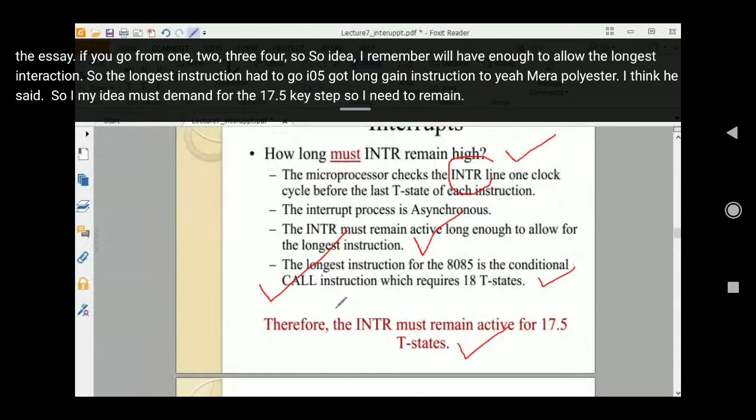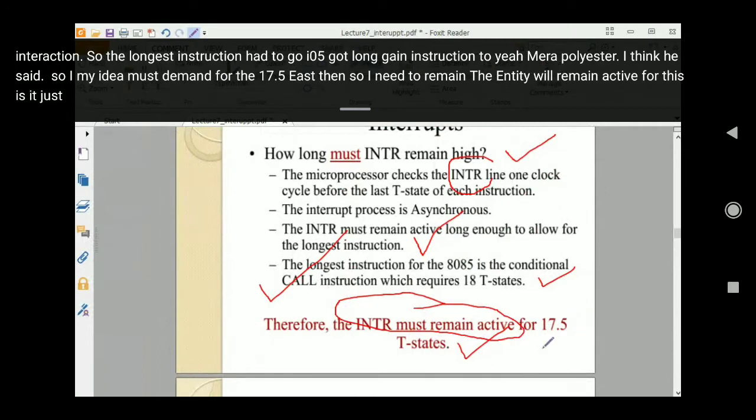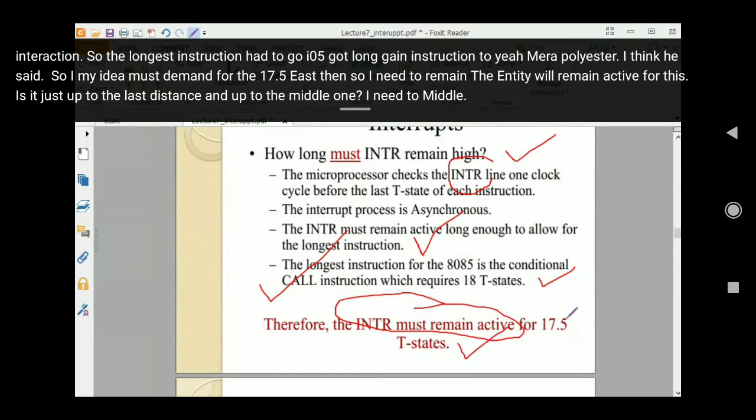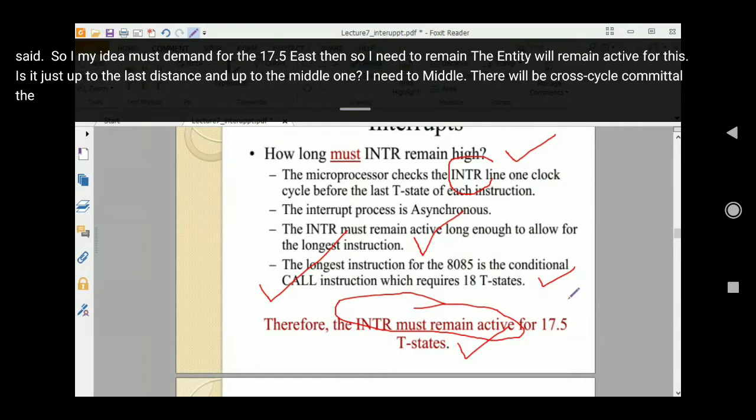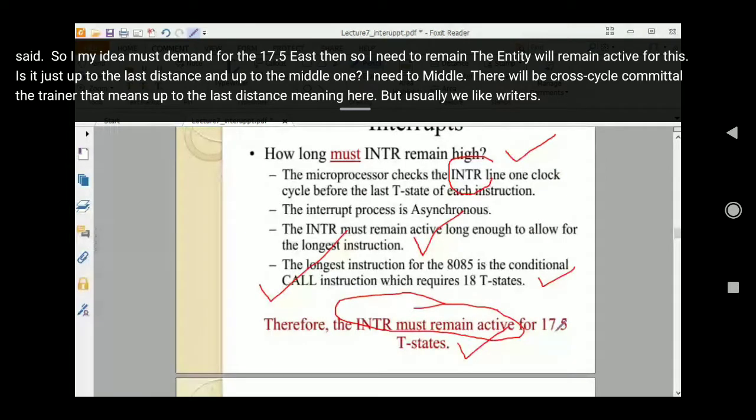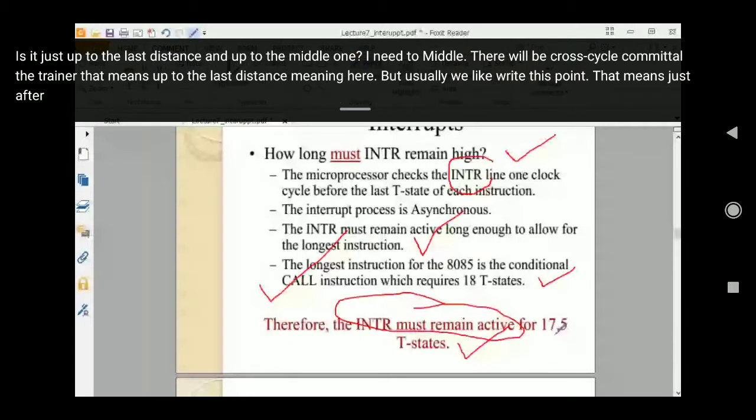So I need the INTR to remain active for this key step, just up to the last key step, and up to the middle one, clock cycle का middle तक रहना. That means up to the last key step. Last key step का meaning ही है, but usually we write as 17.5. That means just up to the last key step.